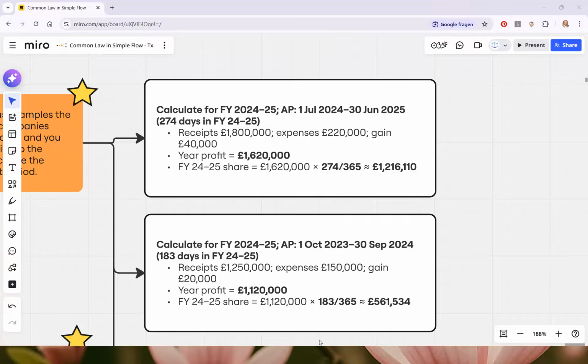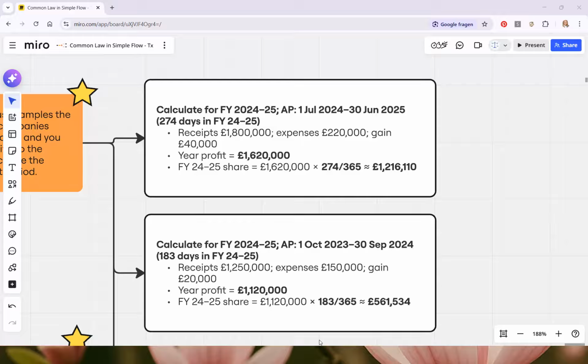So your accounting period is from July to June. So July 24 to June 2025, altogether 274 days in financial year 24-25. Receipts 1,800,000. Expenses 220,000. Gain 40,000. A year profit would be